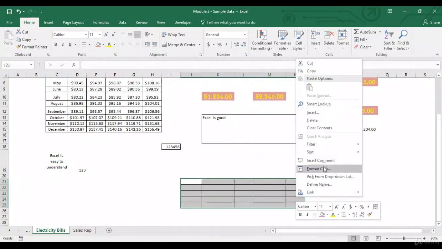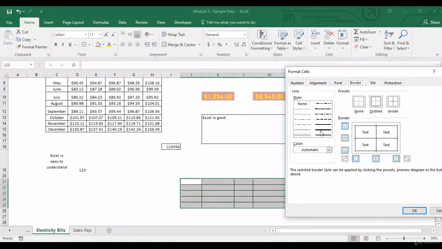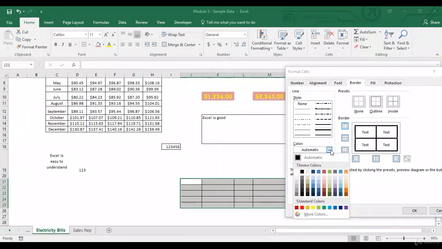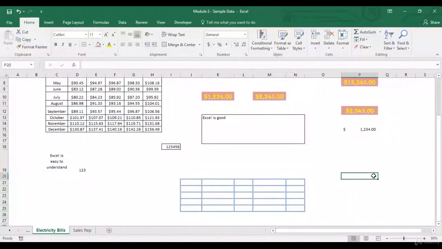Let's look at the other options. What does this line do? So this will thicken the border, and if I want to color it, I'll have to apply it over here. Now I've got a table which has colored borders.